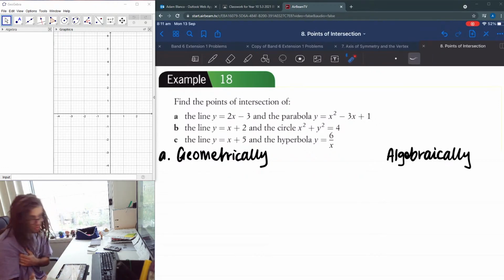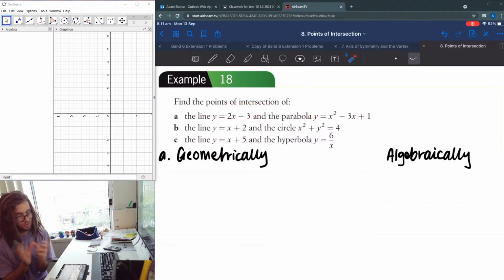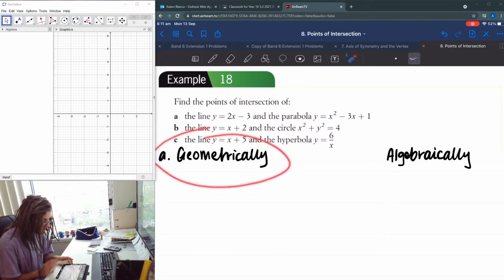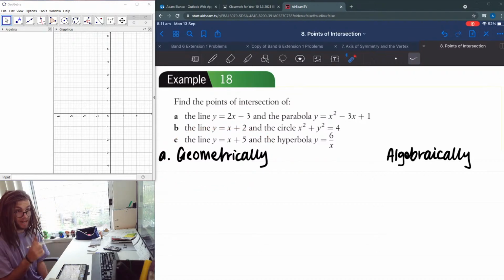Okay, so for you, when you find a point of intersection, you're just going to solve these algebraically, and you're going to end up with a point or two points or whatever. But if you want to check your answer, this is where drawing it comes in handy. So I'm going to draw them first so that I have some general idea of, one, how many solutions I